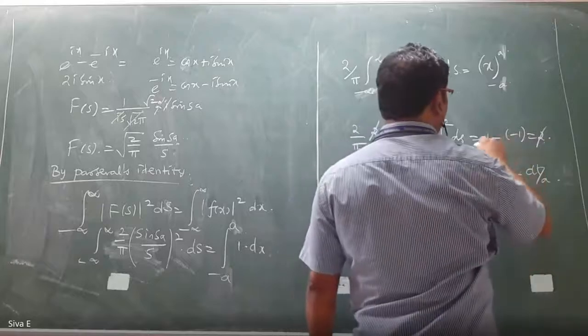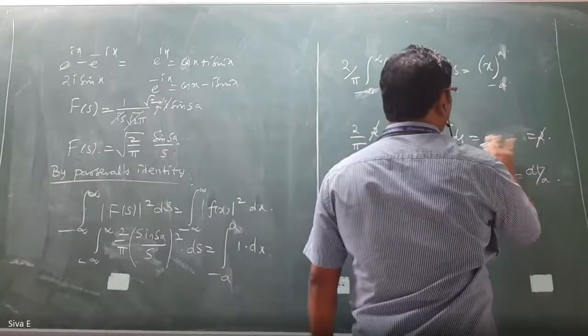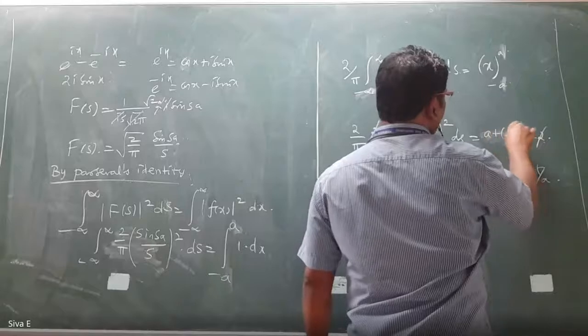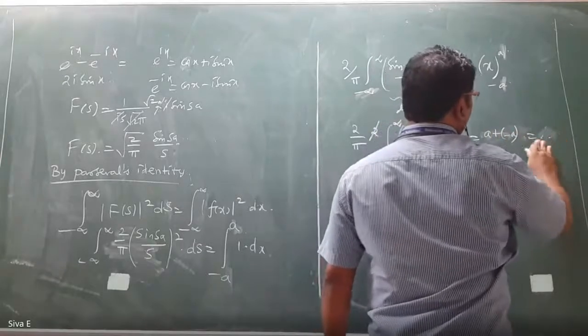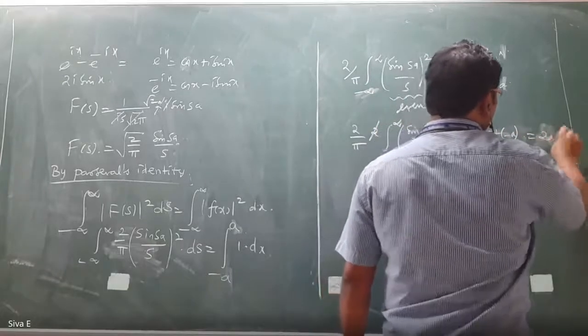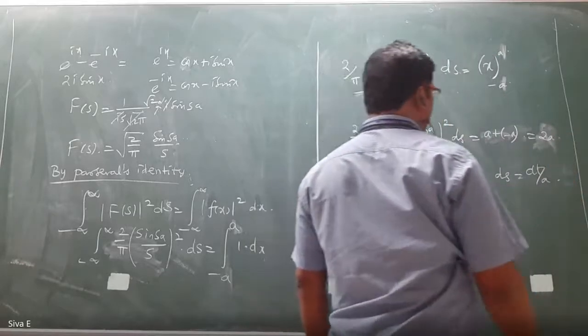Even I have done the mistake, you have to correct me. A plus minus a, that is equal to 2a. Only 2, 2 get cancelled. Therefore